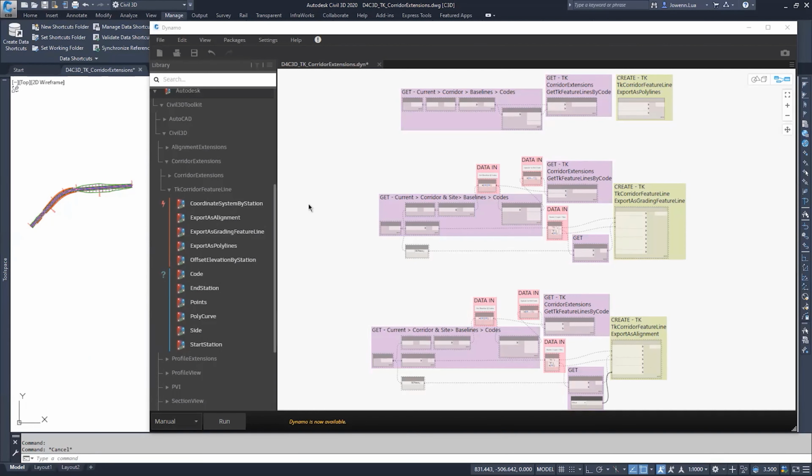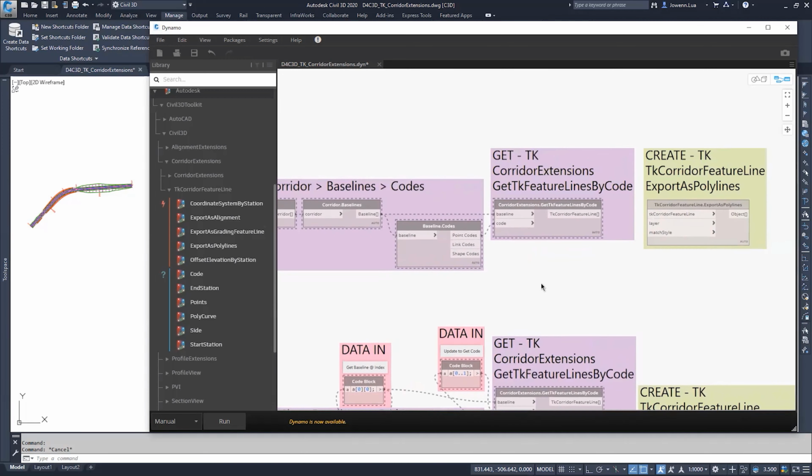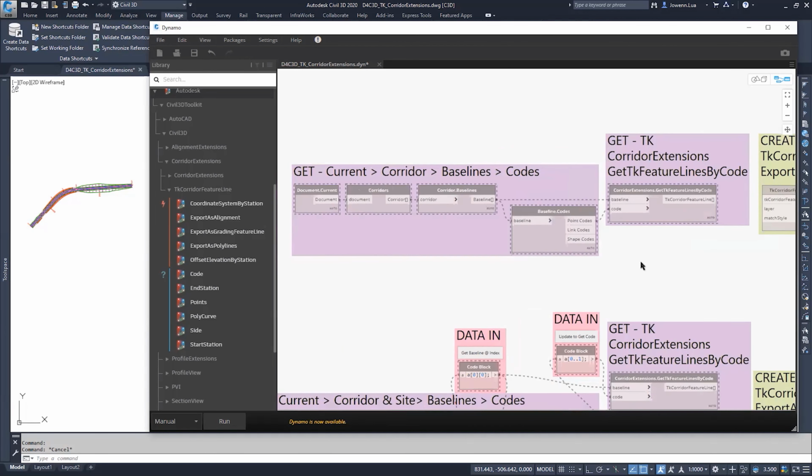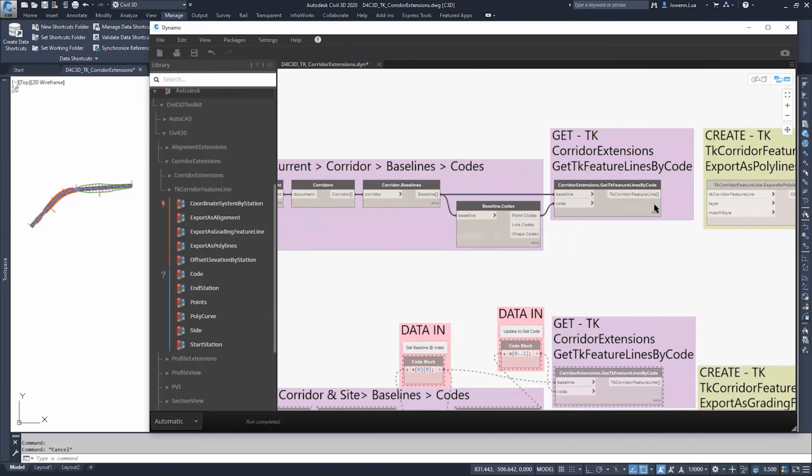Corridor extension also have this export as alignment, export as grading feature line, and export as polyline. So let's start with this export as polyline. And what I have here is a generic way. If I run this one to automatic and I unfreeze this one, you can see that I'm just getting all